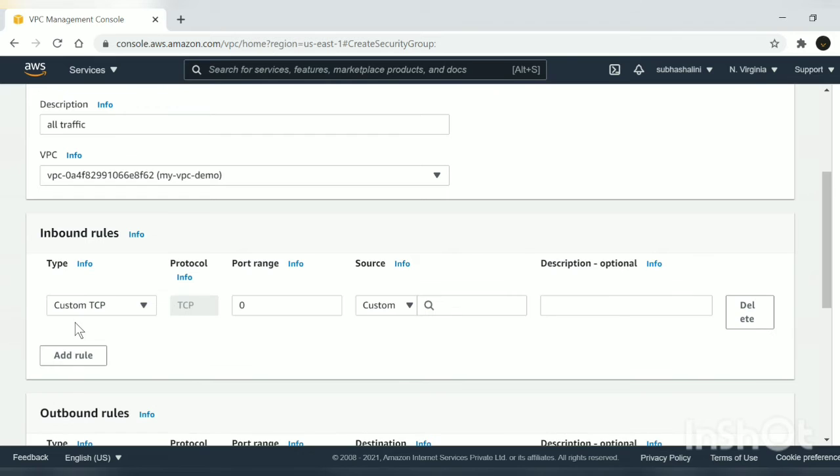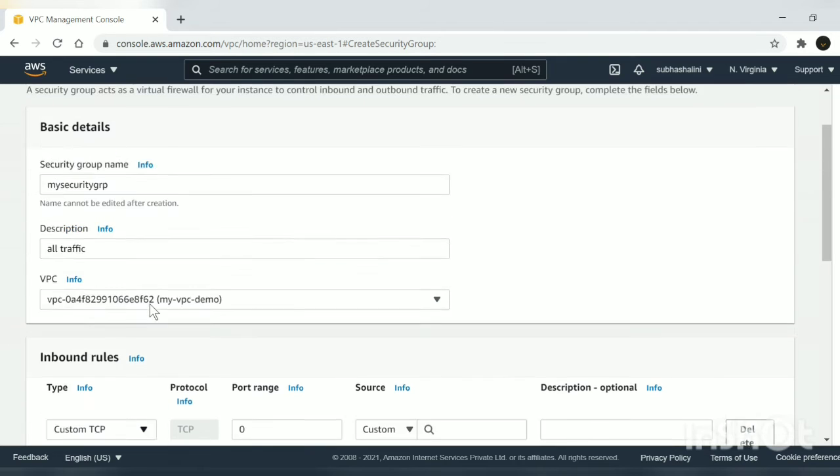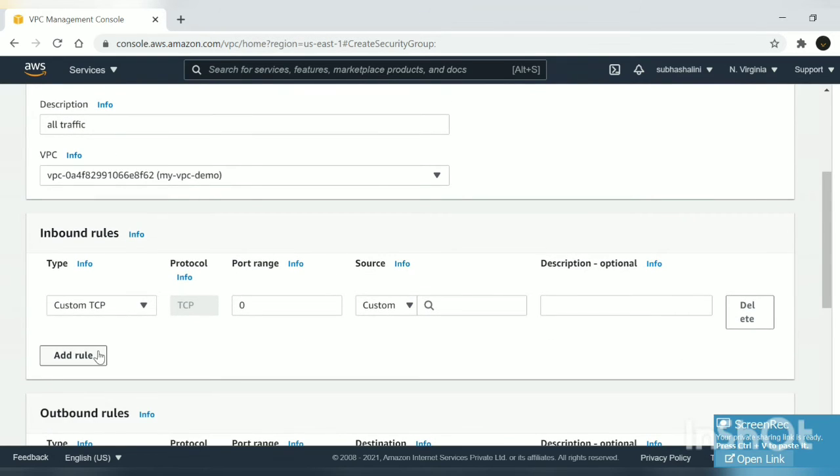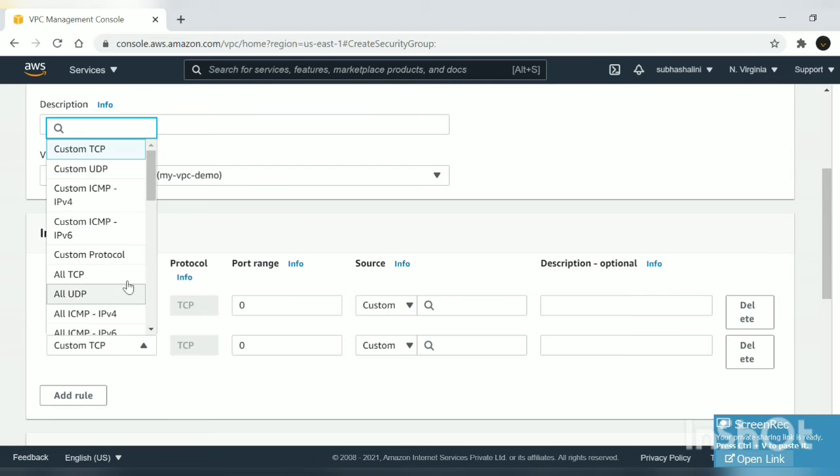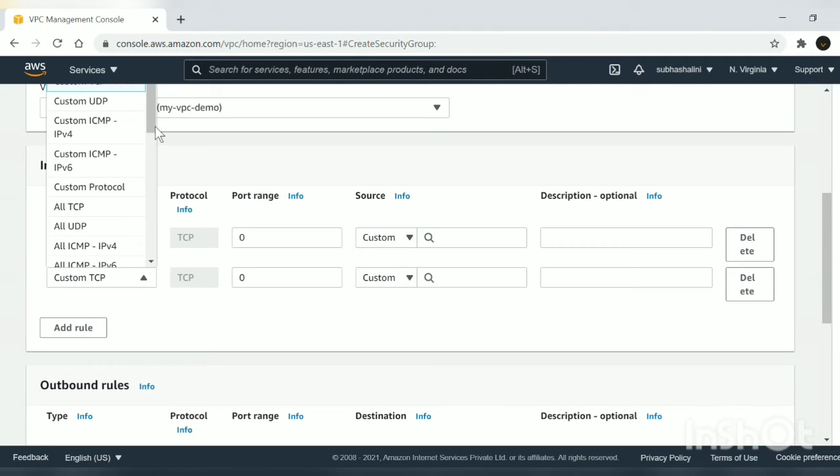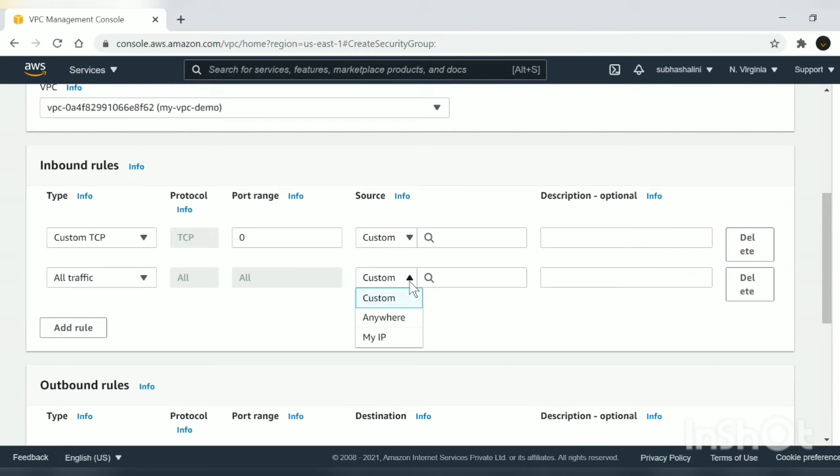Inbound traffic. So we need to check inbound traffic as all traffic. So the source will be my IP.